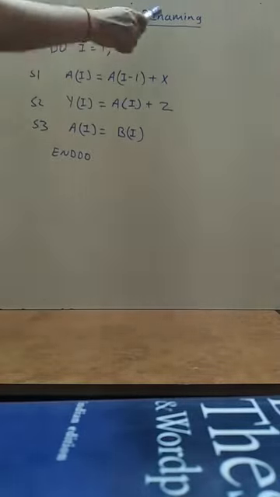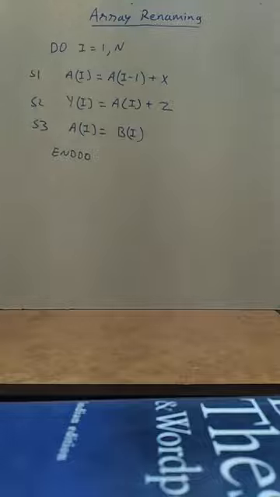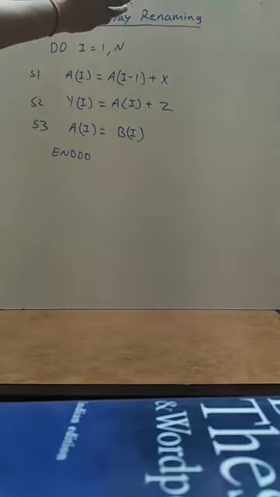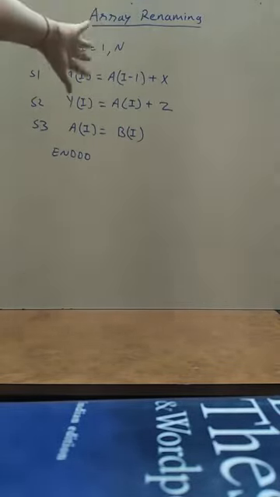Next topic is array renaming. This is exactly similar to scalar renaming. Here also, when one loop is given, we'll try to vectorize it. If it is not possible, then we will observe the dependencies, and in the loop, we'll try to partition the iteration into two or more parts, and for every individual part, a separate array name would be used. So this is exactly similar to scalar renaming, and in place of scalar, here arrays are reused.